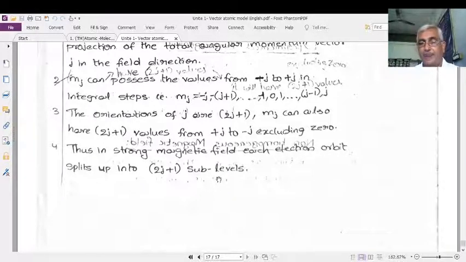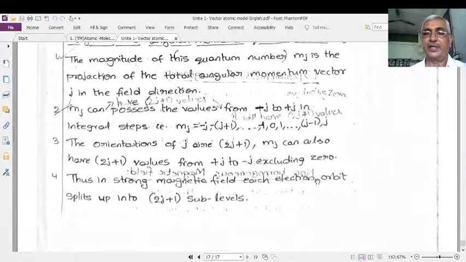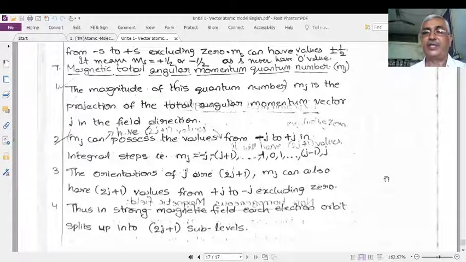Due to this kind of splitting up of the main orbit into a number of components, you get 2 or 3 lines in the Zeeman effect and more lines in the Stark effect. In order to explain the Zeeman effect, the Stark effect, the fine structure, or the nature of splitting up of spectral lines due to the presence of an external field, it needs a set of 3 quantum numbers. These 3 quantum numbers are ML, MS, and the vectorial relation of ML and MS, that is MJ.